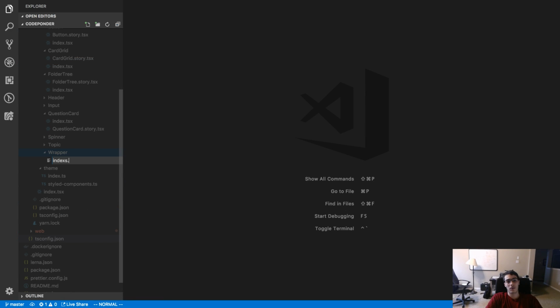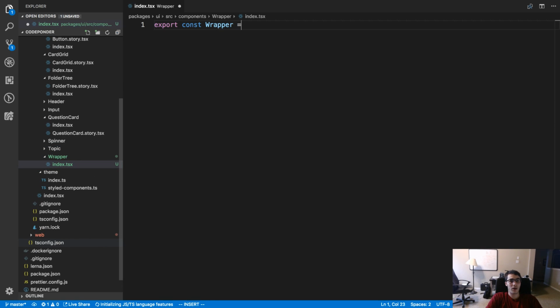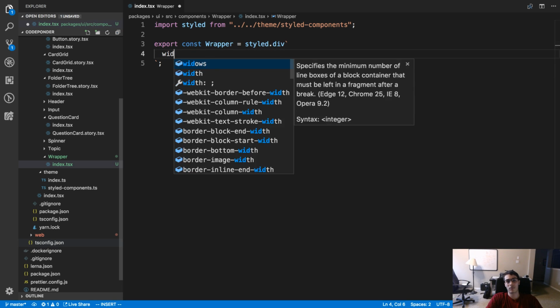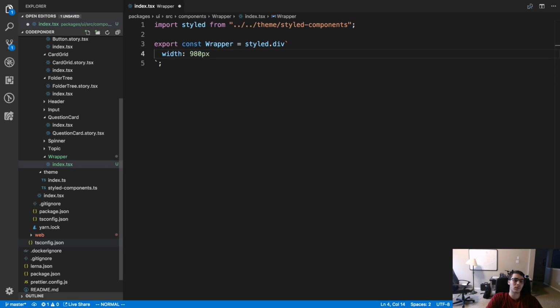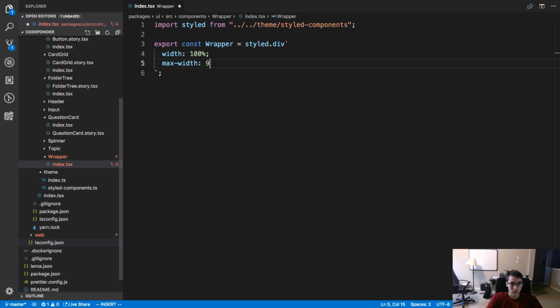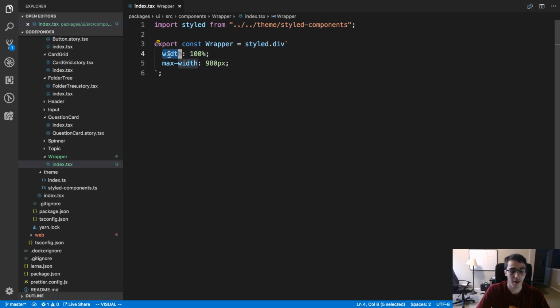So we're going to say export const wrapper. Alright, so this way our wrapper is always at the edge of the screen. We're going to be the full width of the person's computer, and then otherwise we're going to be 980 pixels.